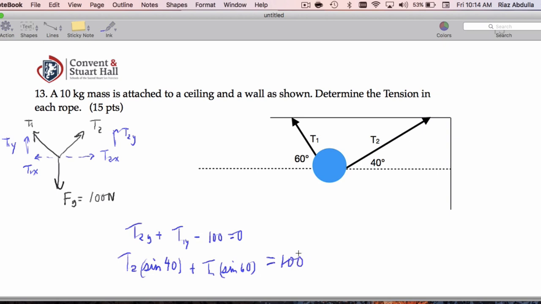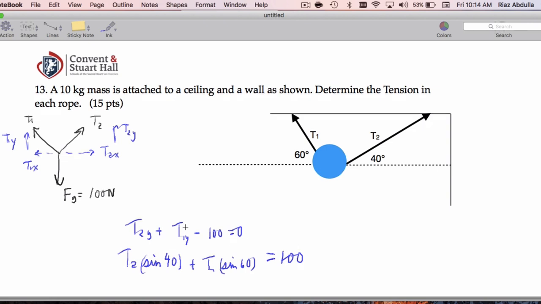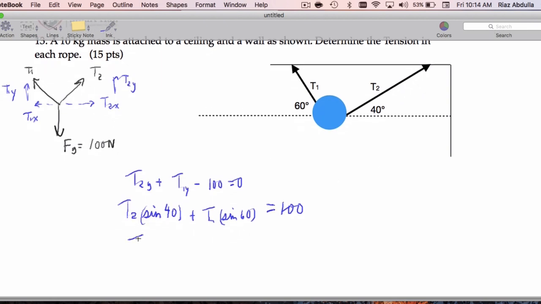Now let's throw a couple numbers into our calculator. I want to get the sine of 40 and the sine of 60. So this is going to be 0.64, so 0.64 T2 plus T1, 0.87